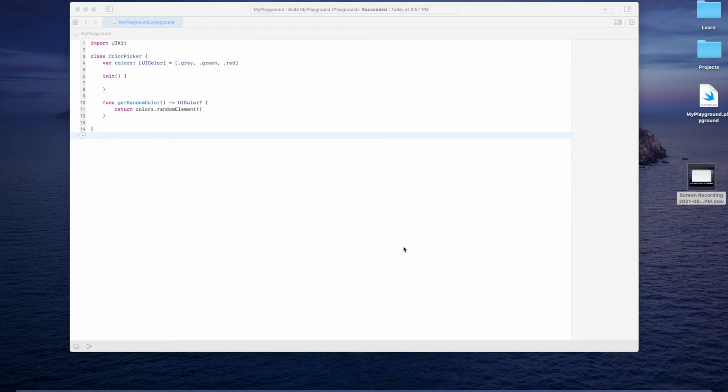In the current design of the color picker class, if we want to access the colors data or the getRandomColor functionality, we need to create three different instances in each of these classes, and changing the colors array in any one of the classes will not reflect in the other classes, because we have created three different instances and those instances are in three different memory locations.